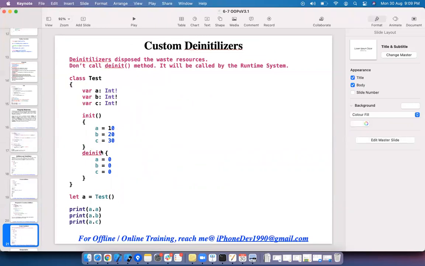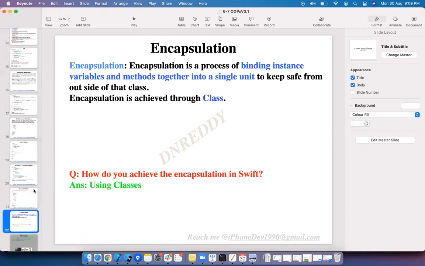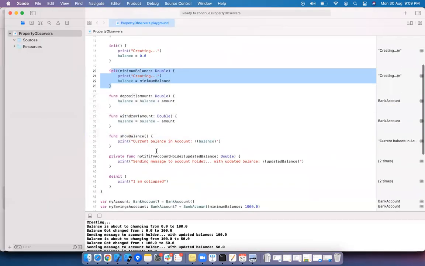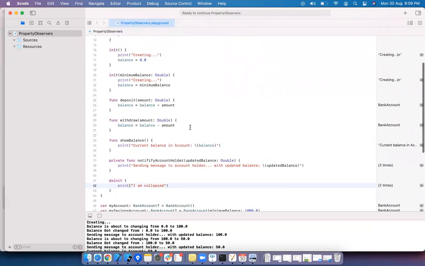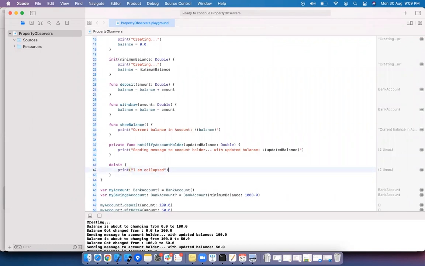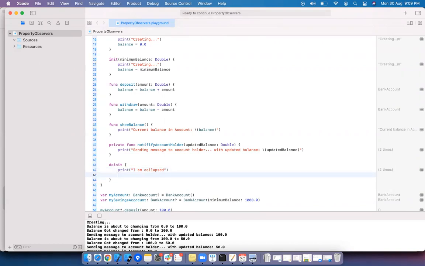This is a default initializer and custom initializer. We have already seen the same concept. Custom deinitializer, right? Here we have only simply printed the values. If you want to release anything externally, you can use the deinit method to release any kind of database connections or any queue objects. If you are not sure whether those are getting released or not, you can use deinit, and here you can write close db connection.